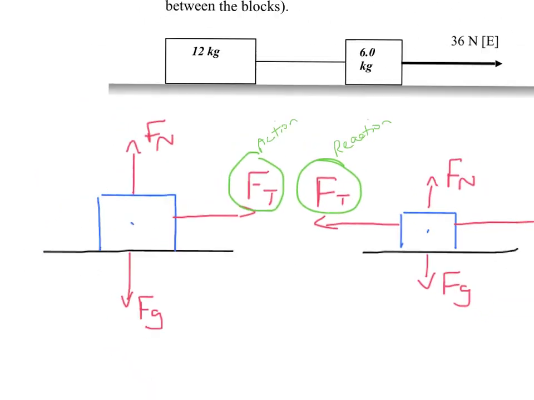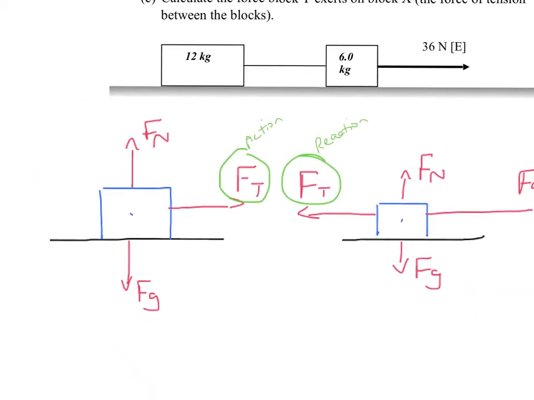Now, the reason why I'm doing this is because I know for a fact that if you take a look at my force due to tension, this one over here, it's being used to pull my 12 kilogram mass to the east. This force of tension is being used to pull my 6 kilogram block towards the west. So if you take a look at how I drew these forces of tension, you may notice that they're exactly the same magnitude. They have to be the same magnitude